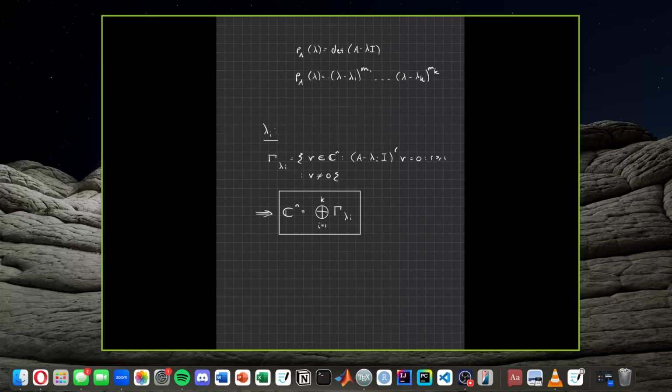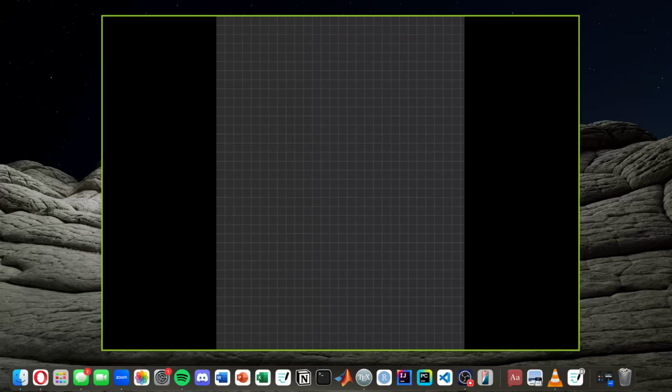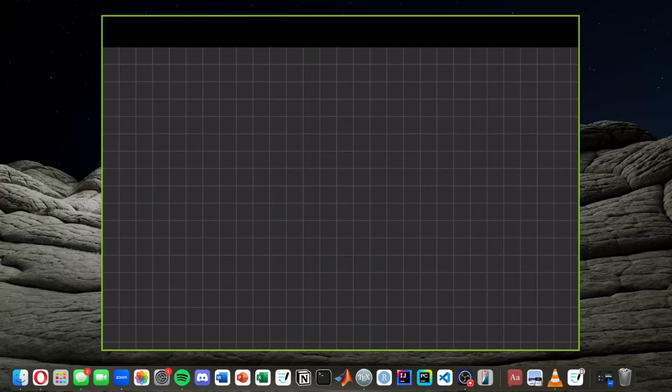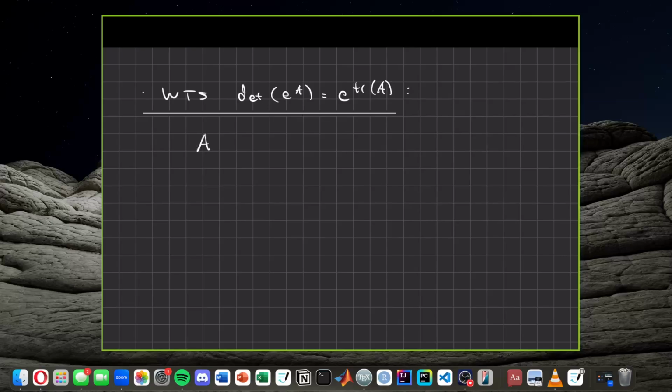So now, if that was sort of too boring and just theoretical, let's actually do some algebra, some actual derivation. So we want to show now that the determinant of e to the A is equal to e to the trace of A. Now, if we're thinking about matrices, we know there's some operations that are well defined that you'll learn in a first year linear algebra course. We can add matrices, we can multiply matrices,